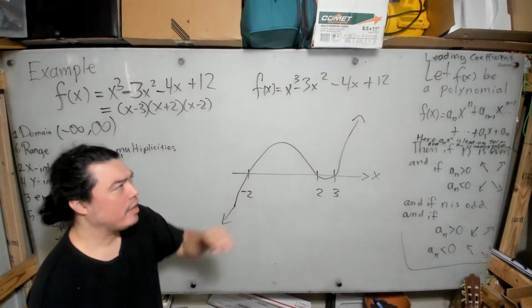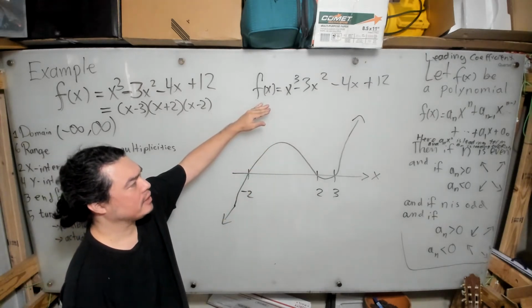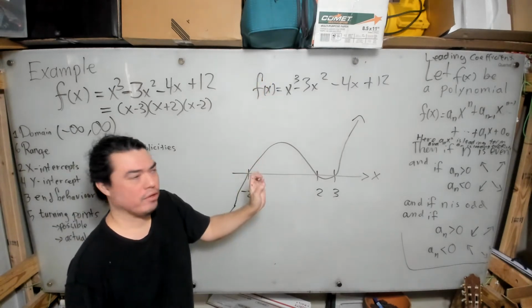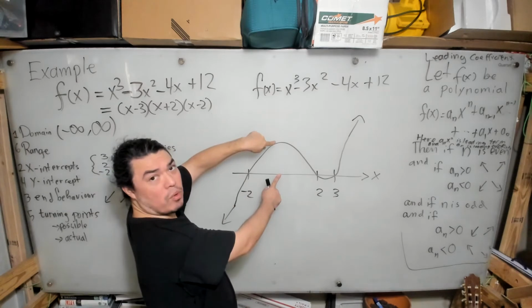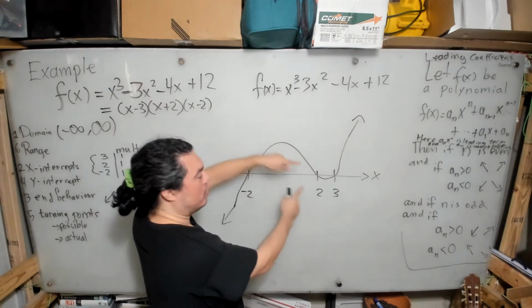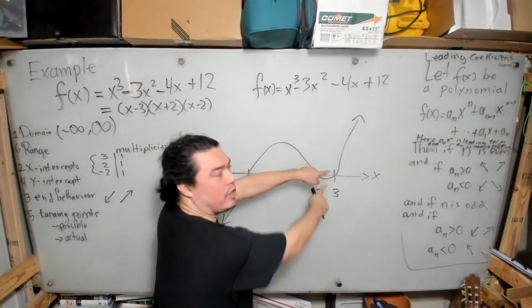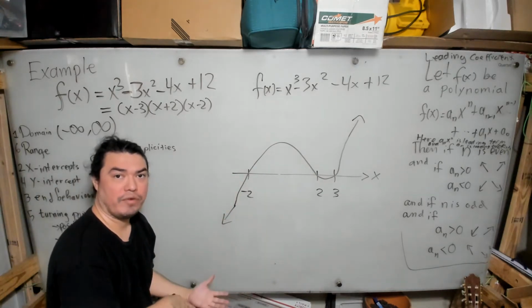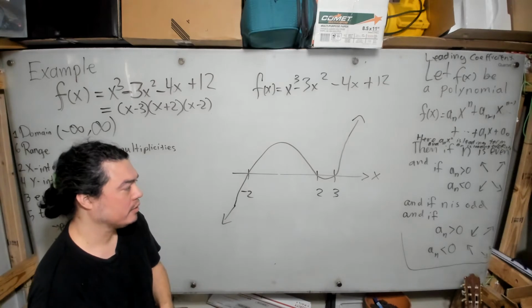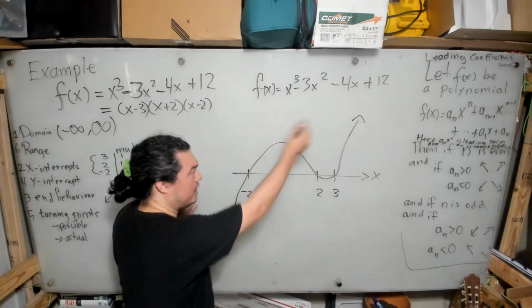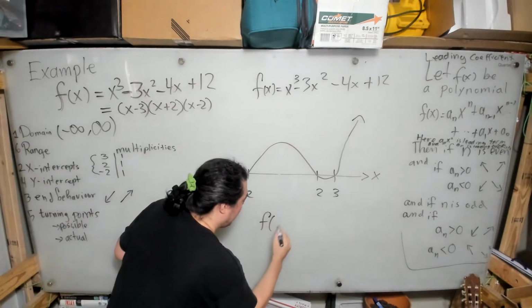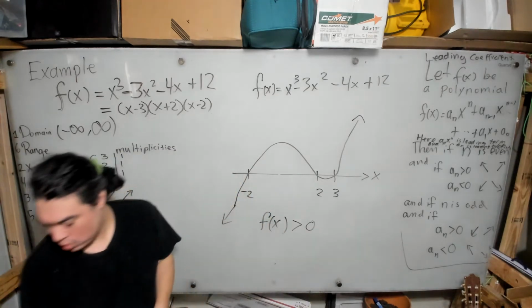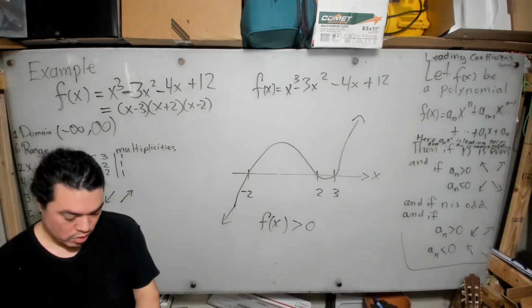We know that, for example, if I have this graph of f of x, the f of x corresponds to the y of the graph, how high it is from the x-axis, or how low it is from the x-axis, depending on whether the f of x turns out to be positive or negative at that value of x. If I wanted to find out where f of x was greater than 0, then what would end up happening